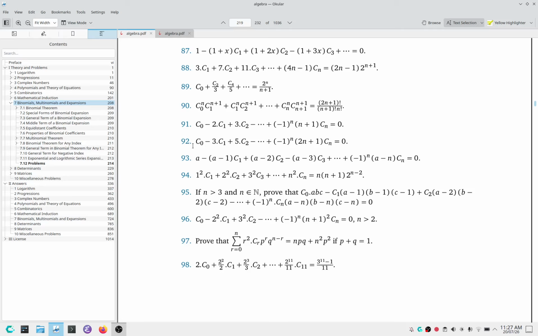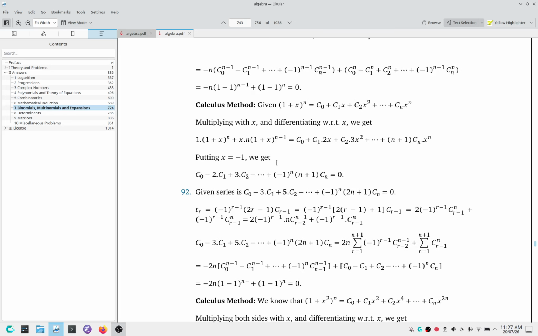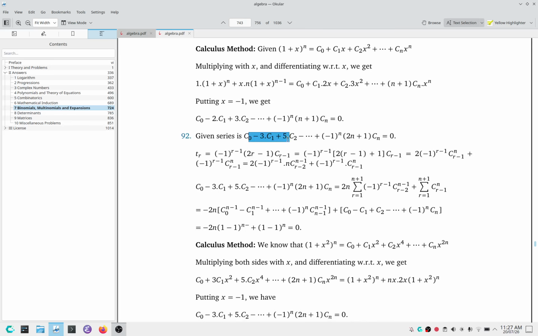Question 92 asks us to prove that C0 minus 3C1 plus 5C2 up to minus 1 to the power n times 2n plus 1 Cn is equal to 0. So the given series is this one, and the rth term we write as minus 1 to the power r minus 1 2r minus 1 C r minus 1, which is equal to minus 1 to the power r minus 1 2 times r minus 1 plus 1 C r minus 1,